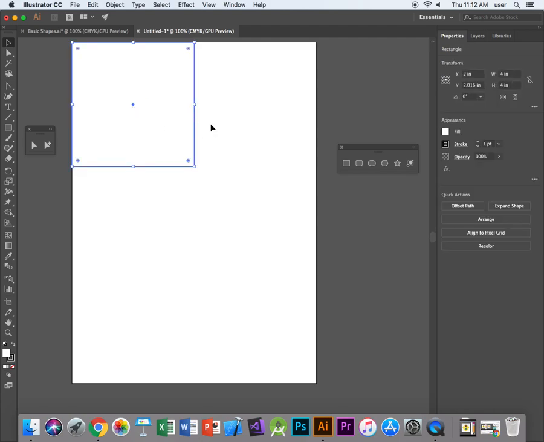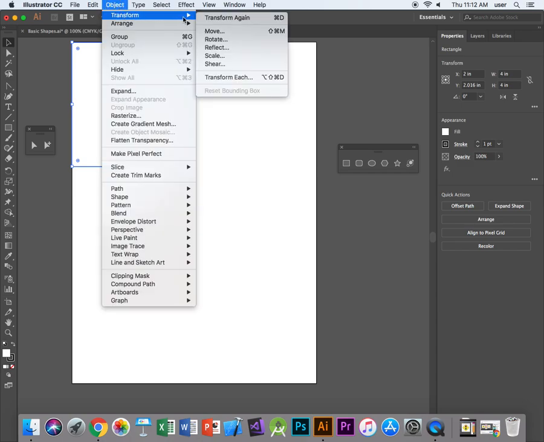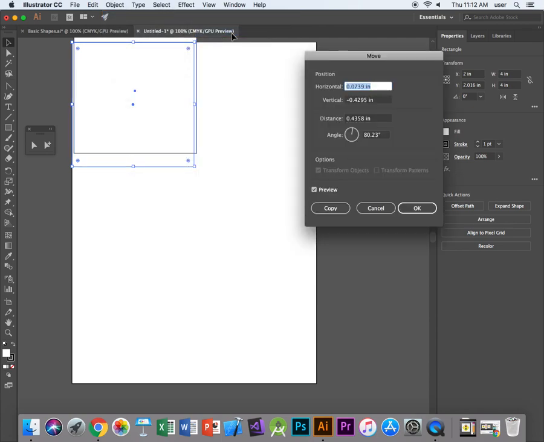So then take this part. Now we know it's 4x4, right? So what I want you to do is go up to Object, Transform, and before what we did was we did Move. Let's just go to Move. Later on we'll talk about the transform each, but let's go to Transform, Move, and instead we'll type in,